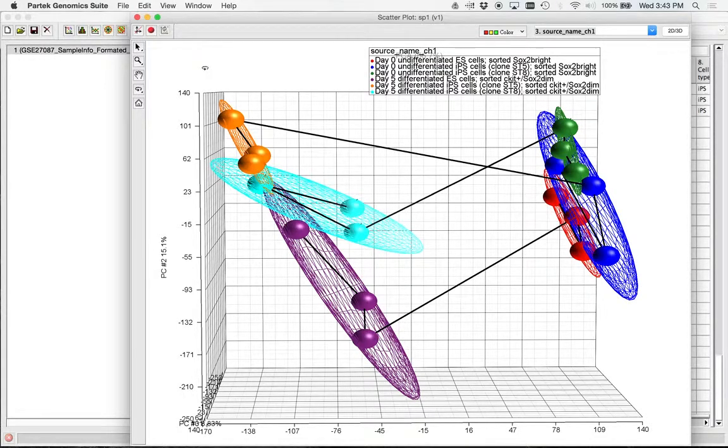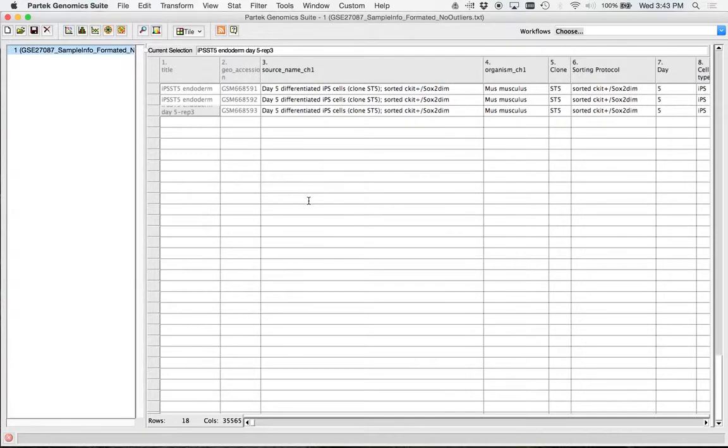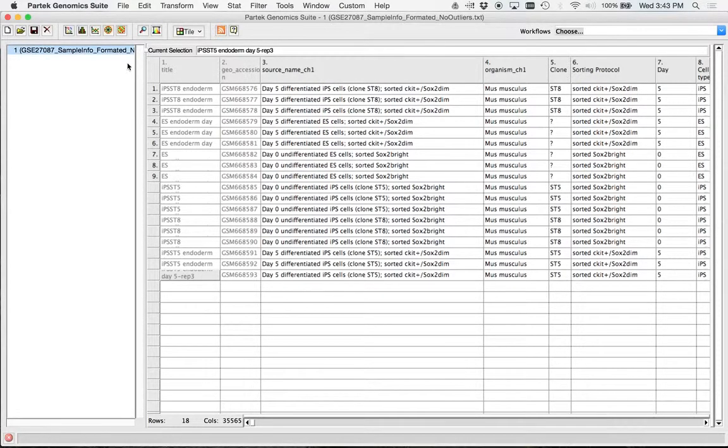All right, you can close this window. All right. So we're on the main study. I've got it highlighted. So